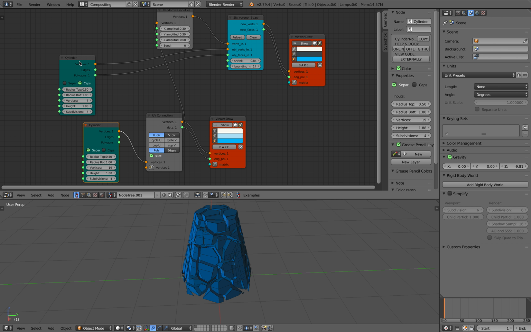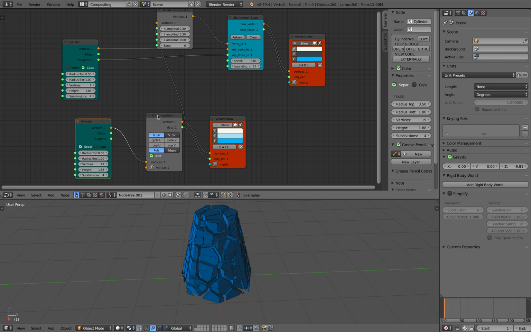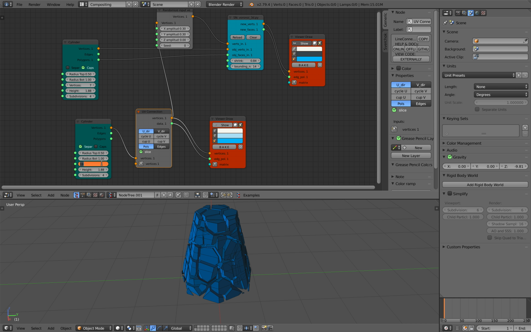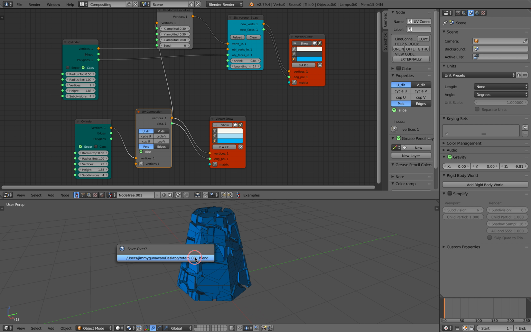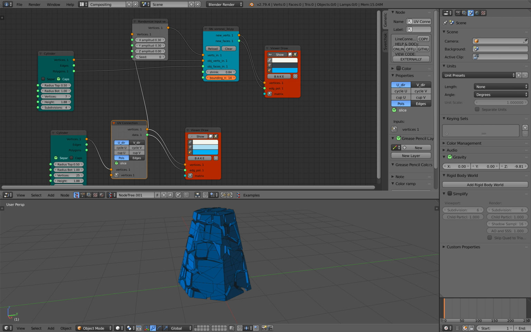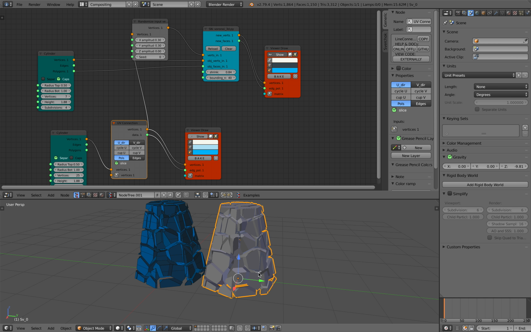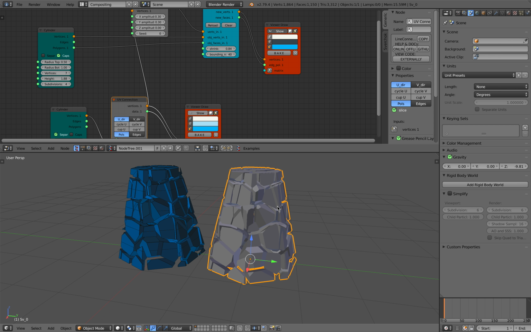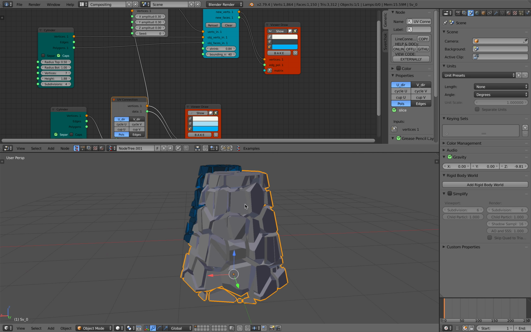The other points is actually based on another cylinder, and with the other cylinder I can control the number of points. So this should in general generate like a random Voronoi stone, so you can have something like this. So you have two methods there to generate some kind of random looking sculpture, you know, like,